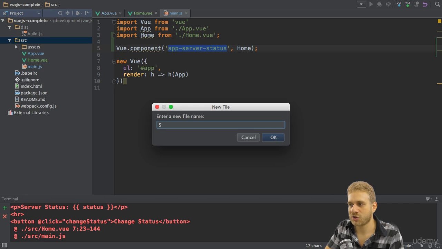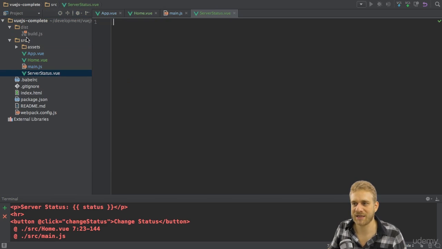I'll name it ServerStatus.vue. This is kind of the file naming convention we currently use, by the way. You give your Vue components this naming where you start with a capital character, and then you have this casing where each subword in your name also begins with a capital character, like Status here. This will create our server status component,